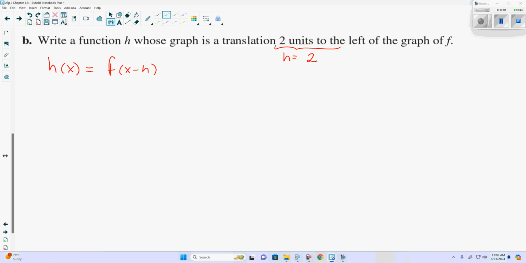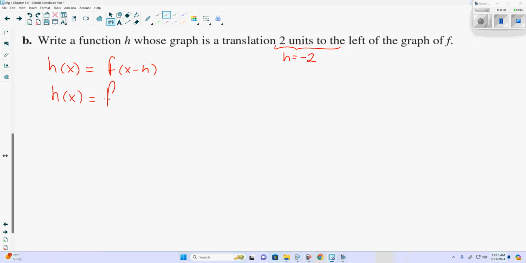Now, as I harped on yesterday again and again, left and right's the opposite of what we think, yes? When we're describing it, we're saying what the movement is, interpreting it in the graph. When we're applying it to the graph, left is still negative, right is still positive. We get that distinction? Up is still positive, down still negative. When we're applying it, we're going to treat it that way. So our value of h is indeed negative 2. Okay? So let's plug that in